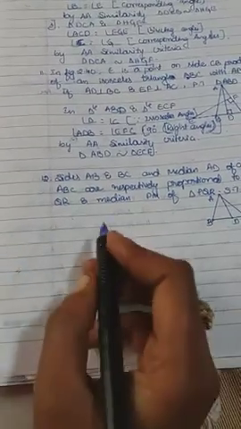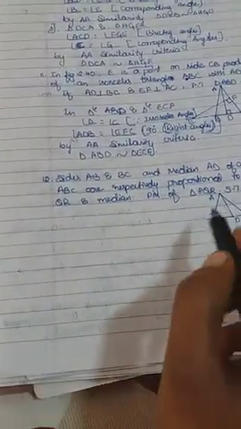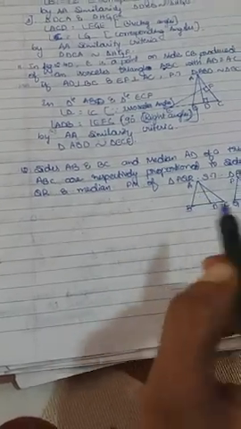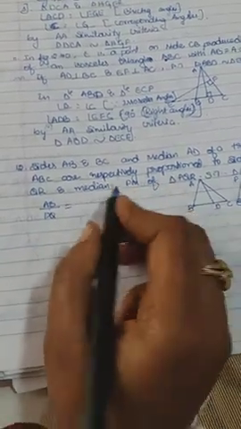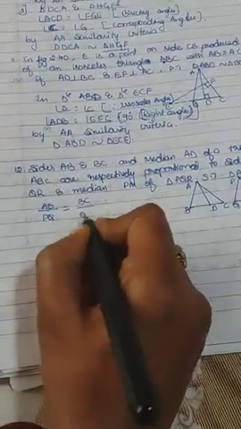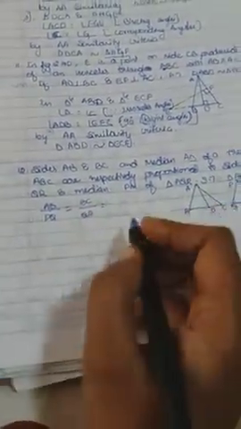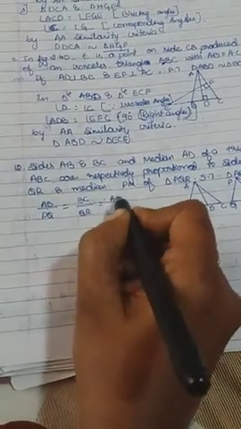Try to solve it first. It is also very easy. Given, they only gave that the sides are proportional, so you have to take that. Which sides are proportional? AB divided by PQ, corresponding sides are proportional. So BC divided by QR, equal to, again the last one, AD divided by PM. That has been given. This median is also proportional, AD divided by PM.